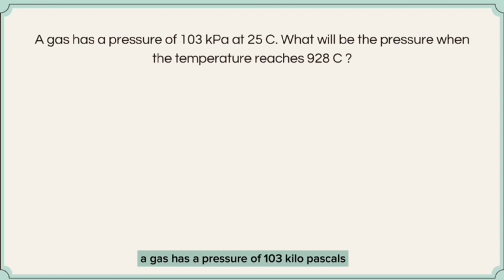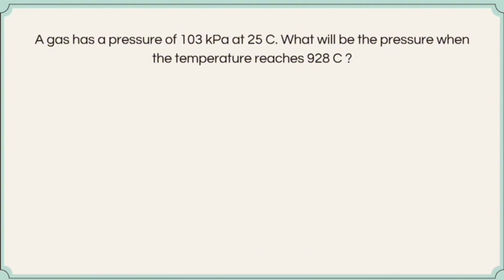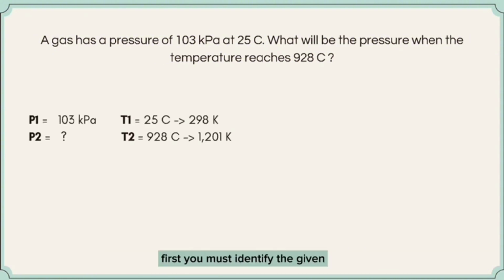A gas has a pressure of 103 kilopascals at 25 degrees Celsius. What will be the pressure when the temperature reaches 928 degrees Celsius? First, we must identify the given. The P1 is 103 kilopascals. T1 is 25 degrees Celsius to 298.15 Kelvin. And T2 is 928 degrees Celsius to 1201.15 Kelvin. We must solve for the P2, but first we must convert the Celsius in Kelvin by using the